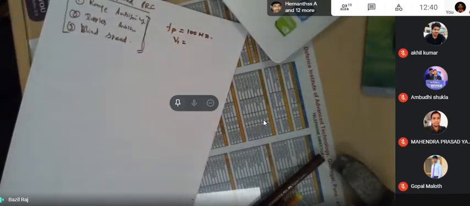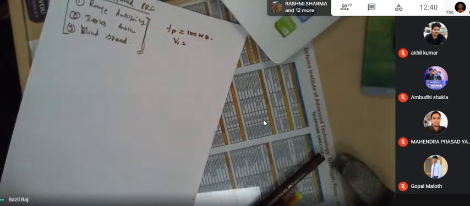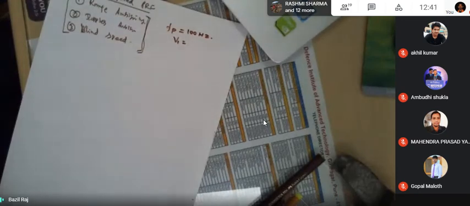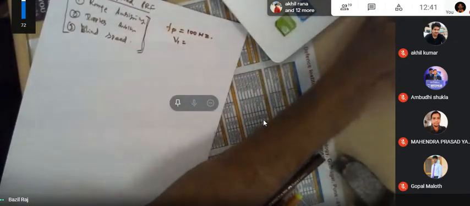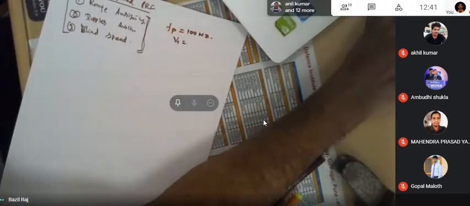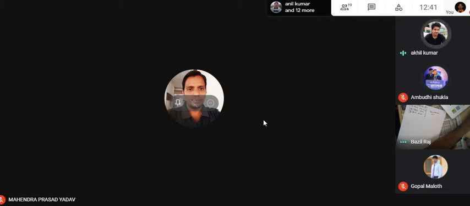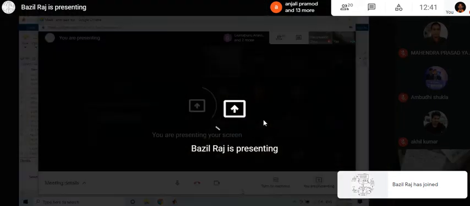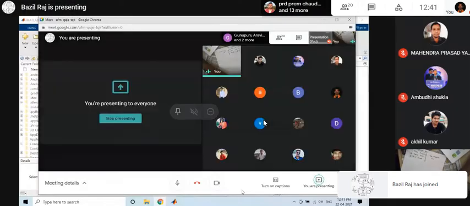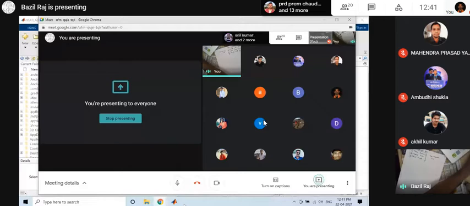Okay, you will understand that relation now. We know from the earlier discussion, the multiples of FP will be the blind speed. Correct? All of you getting me? If you go back to your previous lecture, if the frequency is FP, then 1 FP is the first blind speed, 2 FP, 3 FP, 4 FP, 5 FP and so on.